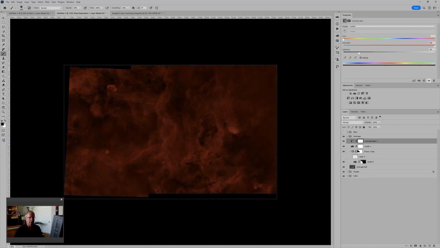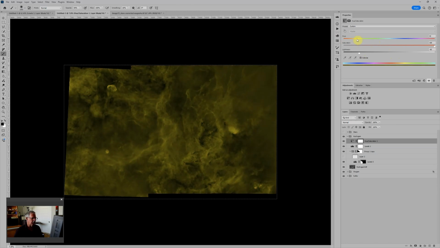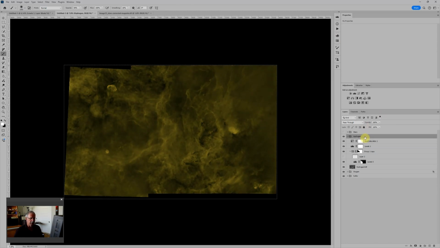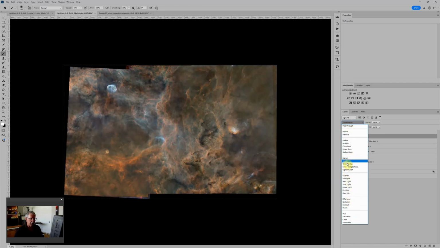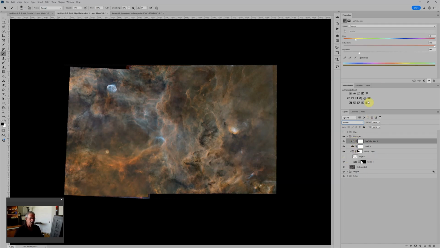We'll take the saturation all the way up, and then the hue, this is where we change the color of our hydrogen. And then the last thing we want to do is put this entire layer group into screen blending mode. And we now have an SHO image,